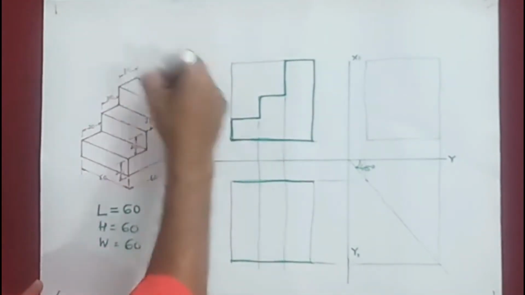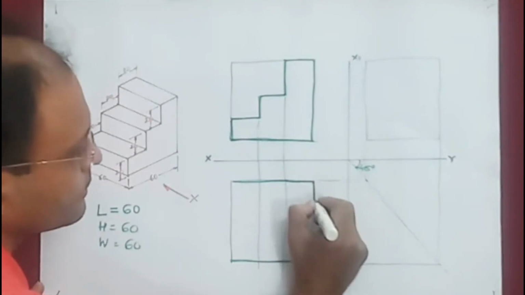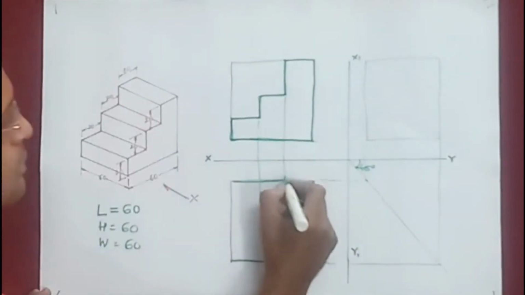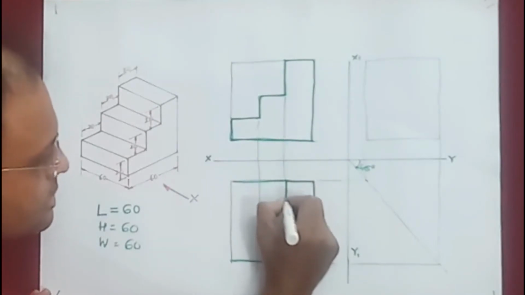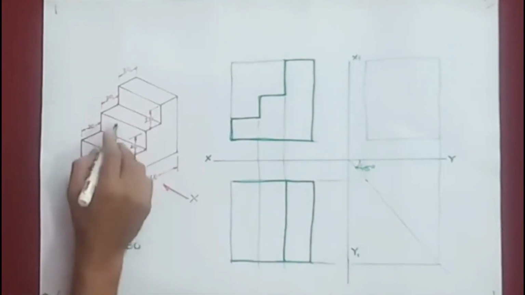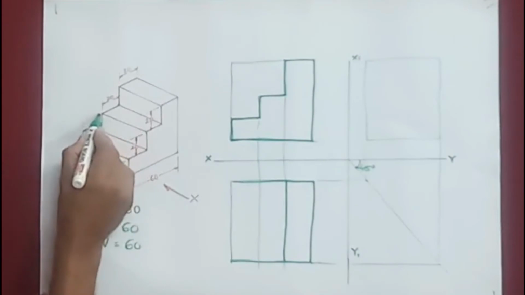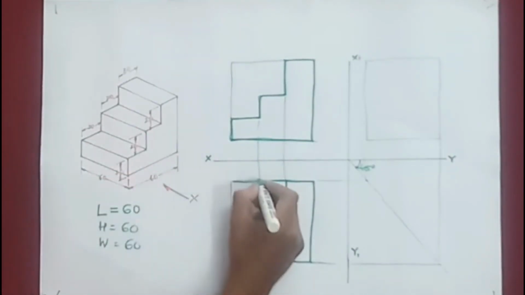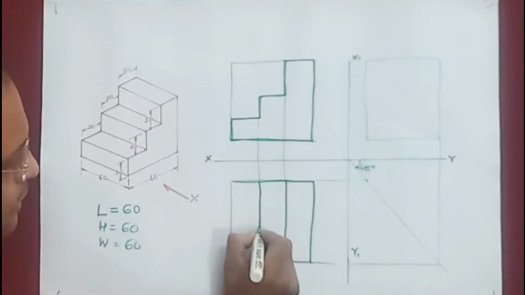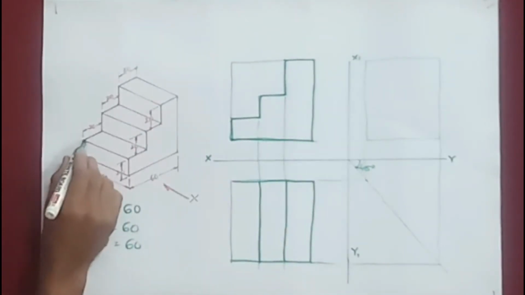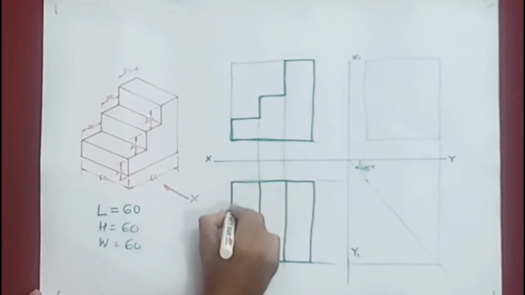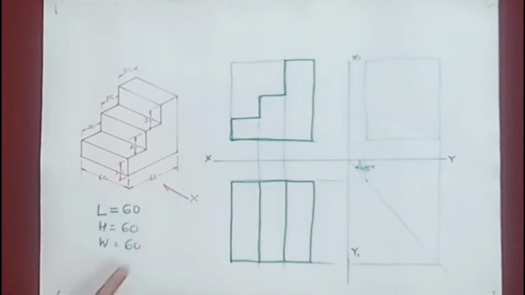okay. Similarly this edge will be seen from top, so I am drawing that edge, okay. Now this edge will be seen, so it is this edge corresponding to this projector, and again as we come to this point, this edge will be seen. This edge and this edge are both the same, so only one edge for these two edges, and finally this edge will be visible from top, which you will have to show something like this. So this completes the top view.